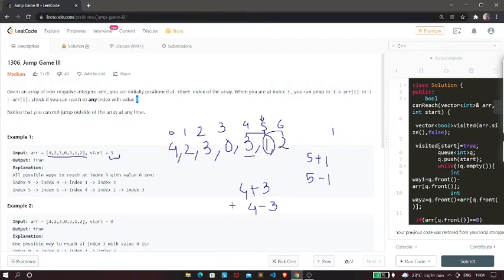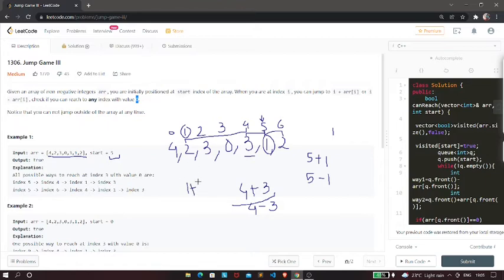But if you see, 4 plus 3 is 7, and 7 is out of this array. Hence there is only one path we can go from 4, that is index 1. So from this 4 we'll come to this index. Now currently our i is 1 and arr[i] is 2.